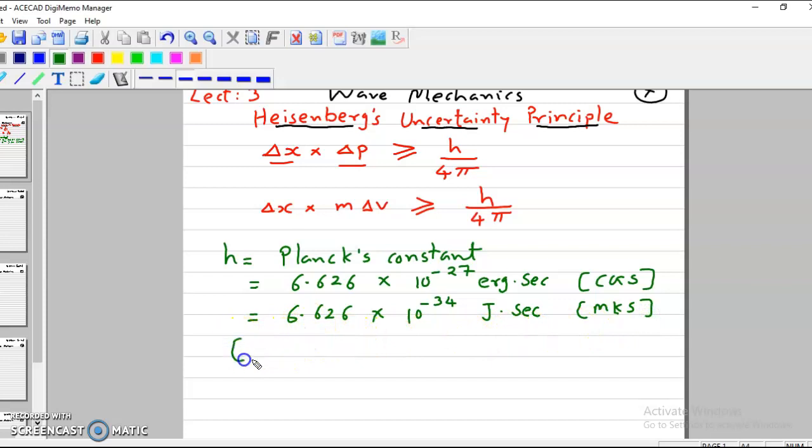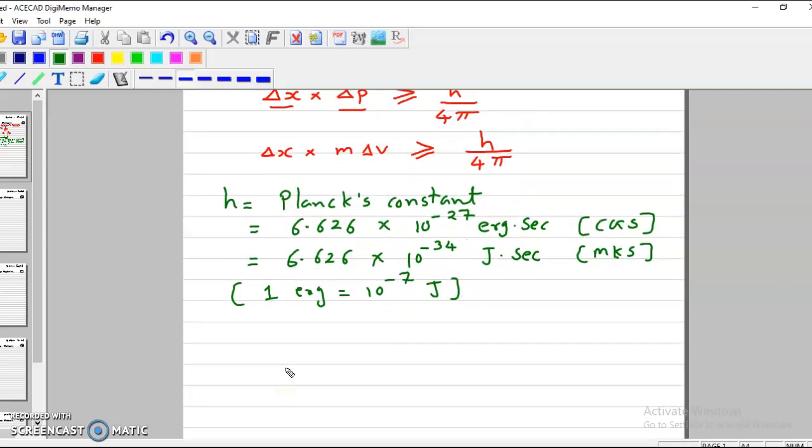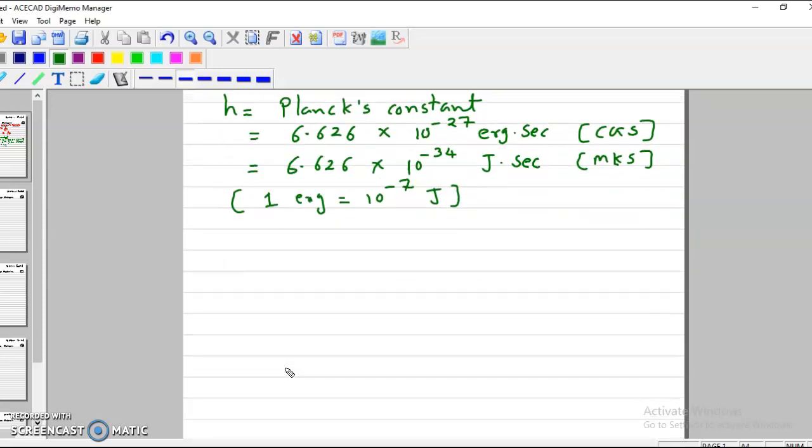This you have to remember, and you should know that 1 erg equals 10 to the power minus 7 joule. Okay, this is the conversion unit. So please remember this, and accordingly you have to use h, Planck's constant. Pi, you must be knowing it is 22 by 7, or you can use 3.14. This is constant. Okay, now delta x, which is known as change in position